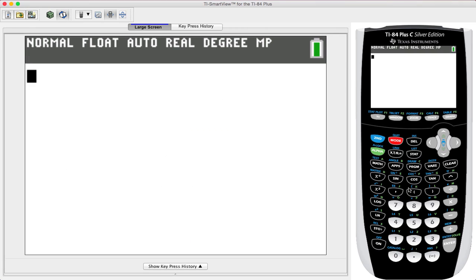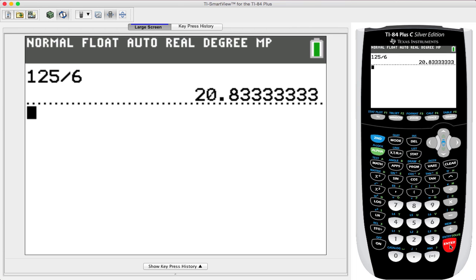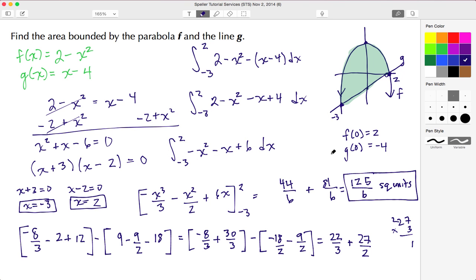Alright, so with the calculator, we ended up with 125 divided by 6. And that comes out to, like with the 20, I'm going to round this off to 20 and 8/10. So let's go back and put that in place. So this here is also 20 and 8/10 units.